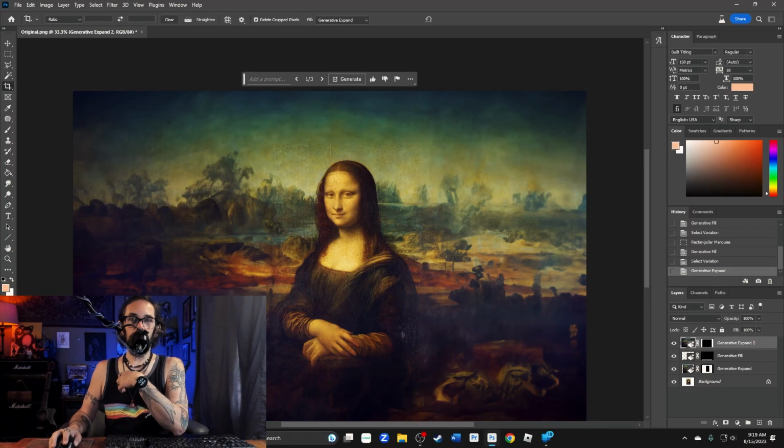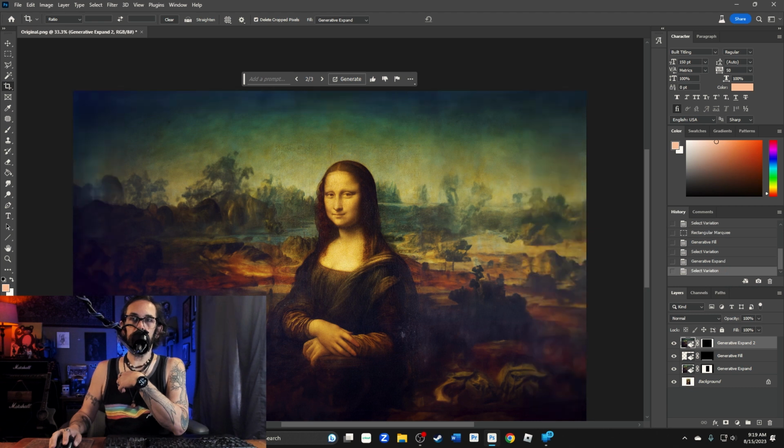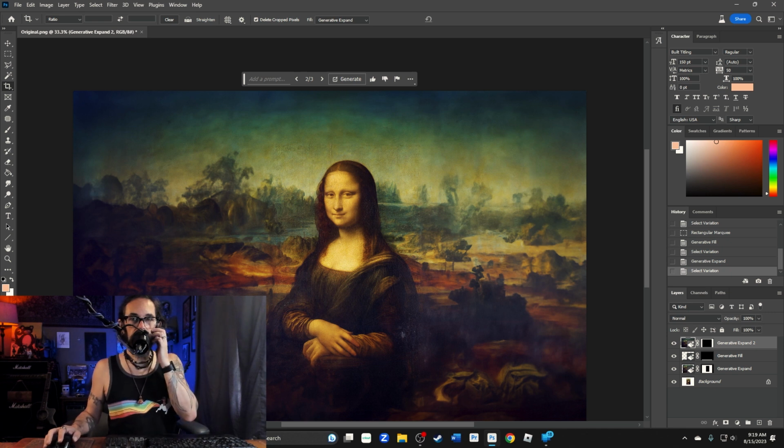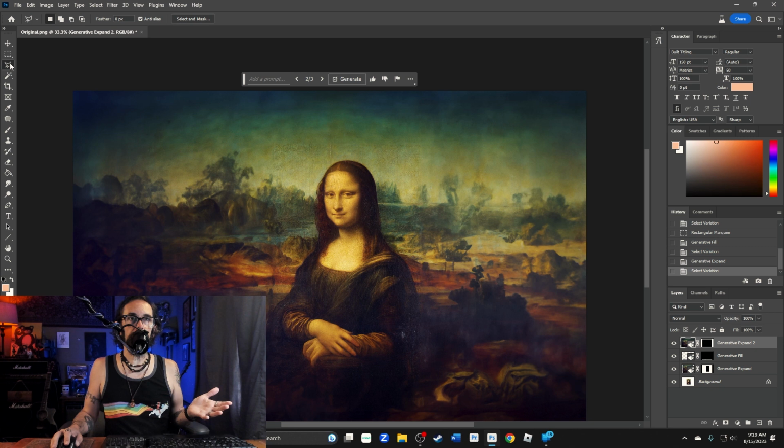So here we go. 1, 2. I think we're gonna go 2, 3. And they all have potential. This one looks mucky. It looks a little dirty. I know this is strange. Let's go with 2. Okay, so this is definitely some kind of a prehistoric land that she is now trapped